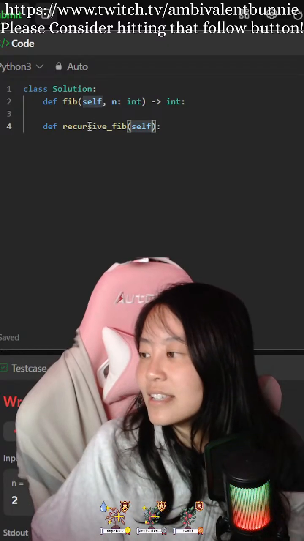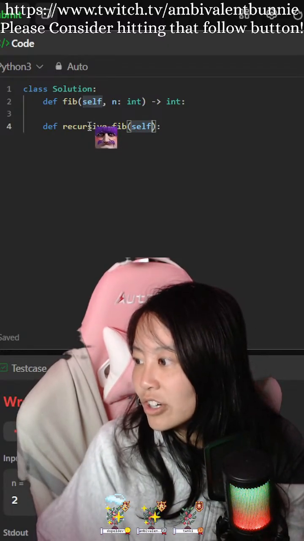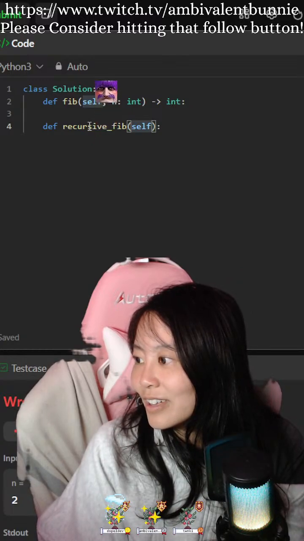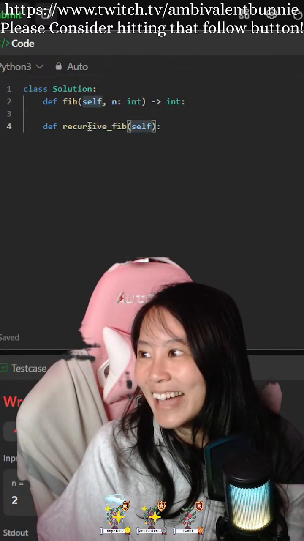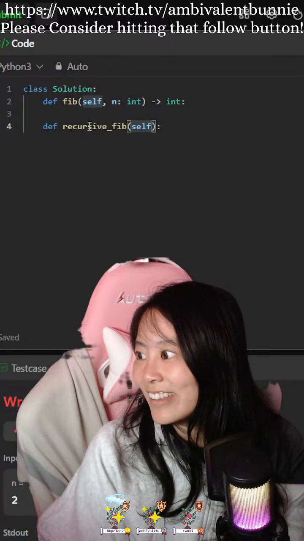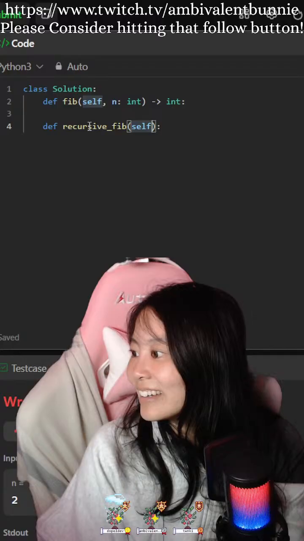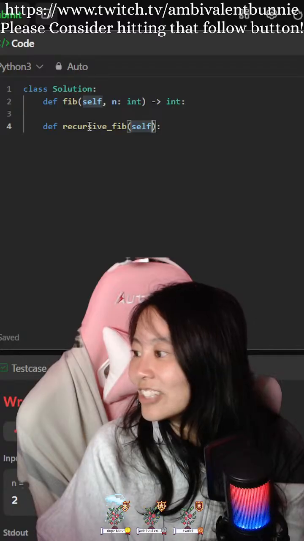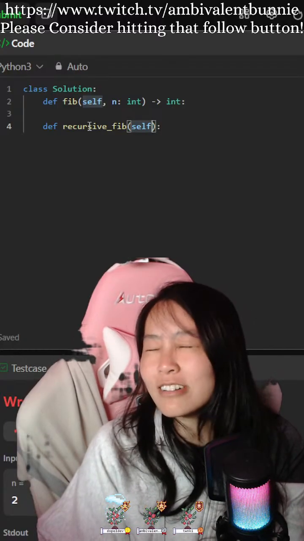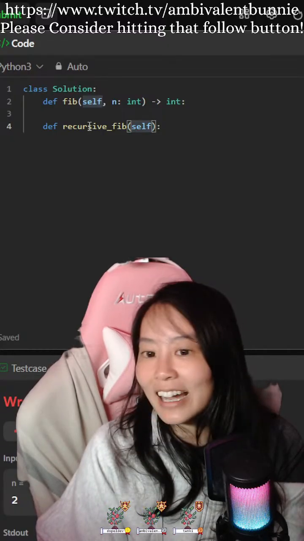If n is less than 2, we return the base case. We return either n or 1. Or sorry, we return 0 or 1.